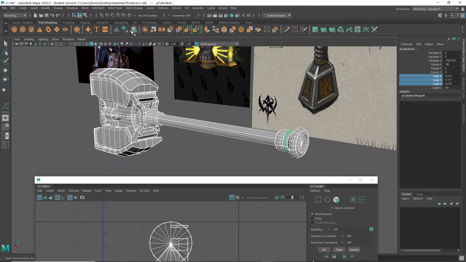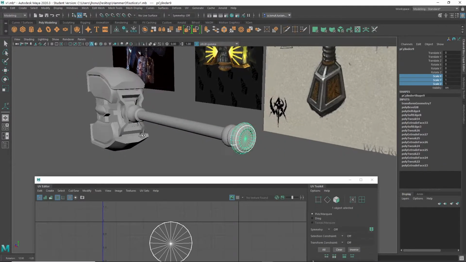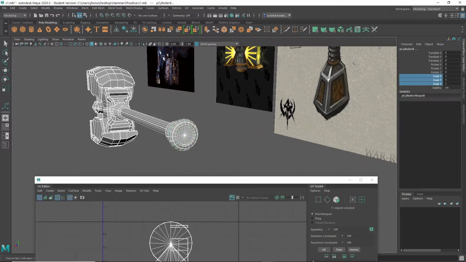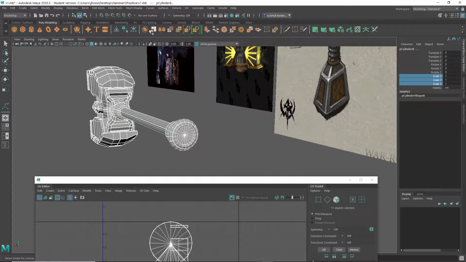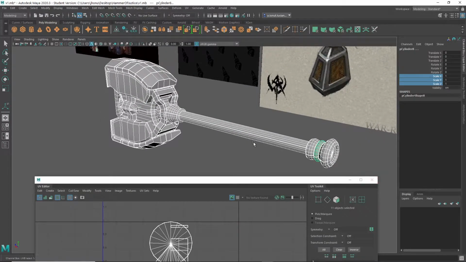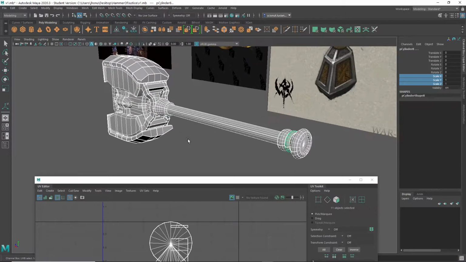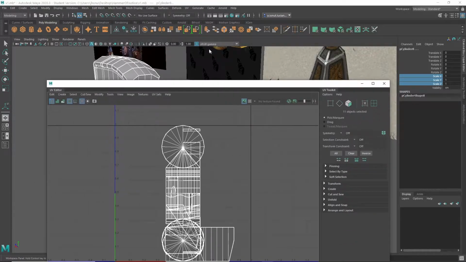Okay, so freeze the transformations, and now you can see everything is back to 1. Also, a good practice is to delete the history. You can see that there's a lot of history of modeling which I did here. So select everything and delete the history. Delete history is also Alt, Shift, and D. Good. So next step is to